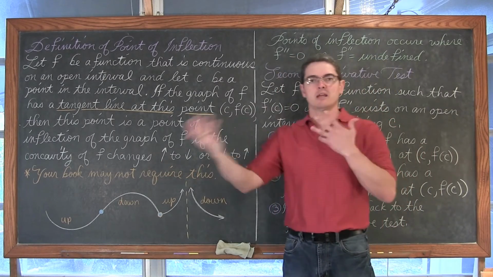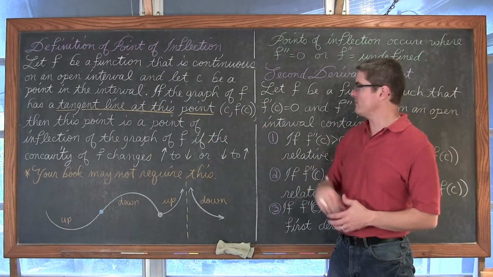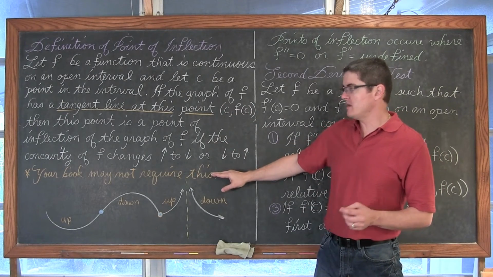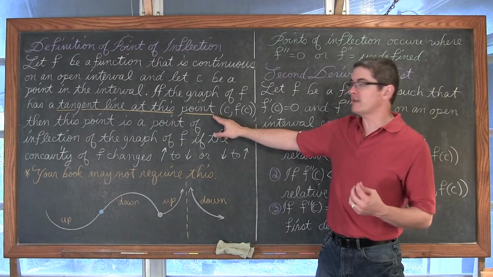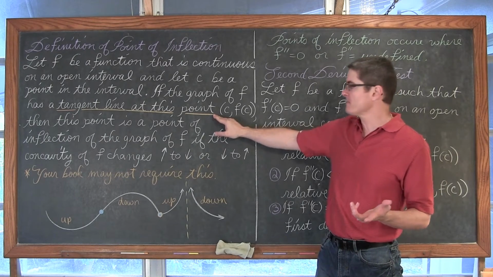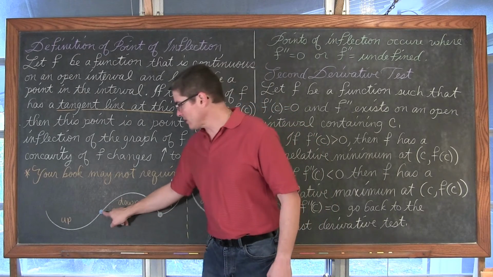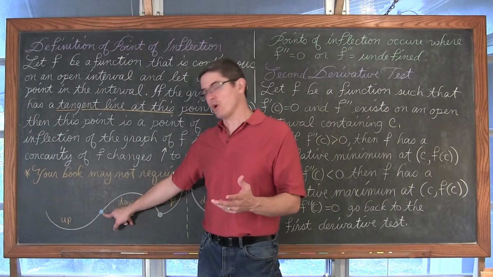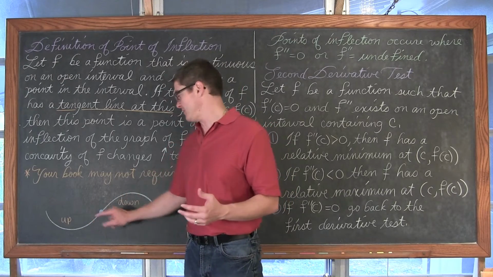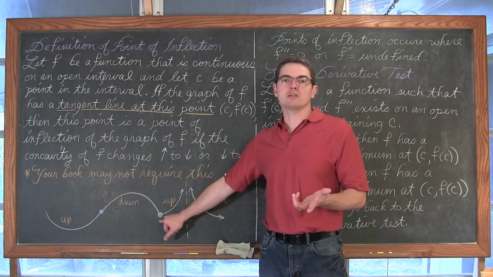So basically, the concavity changes on each side of this value of c, or to the left and right of c, f of c. What is highlighted here is my book puts this in the definition of a point of inflection. Some books apparently don't. And what that means is that my book would only look at this point as a point of inflection where, at this point c, f of c, to the left I'm concave up, to the right I'm concave down. And this would just highlight as a relative minimum.